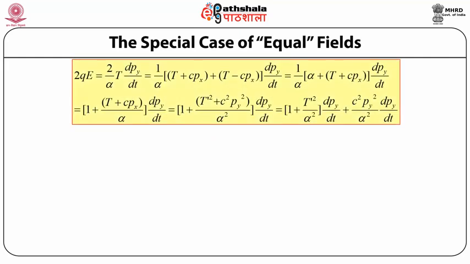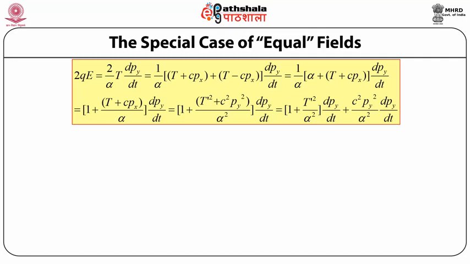2qe equals 2 by alpha into t into dpy by dt equals 1 divided by alpha bracket t plus cpx plus t minus cpx bracket close into dpy by dt equals 1 divided by alpha bracket alpha plus t plus cpx bracket close dpy by dt equals 1. 2qe equals 2 by alpha into t into dpy by dt equals 1 by alpha bracket t plus cpx plus t minus cpx bracket close dpy